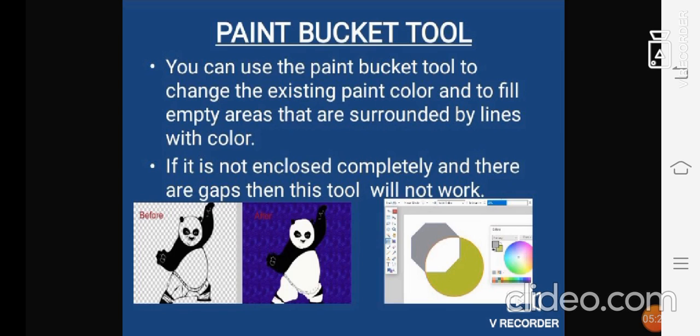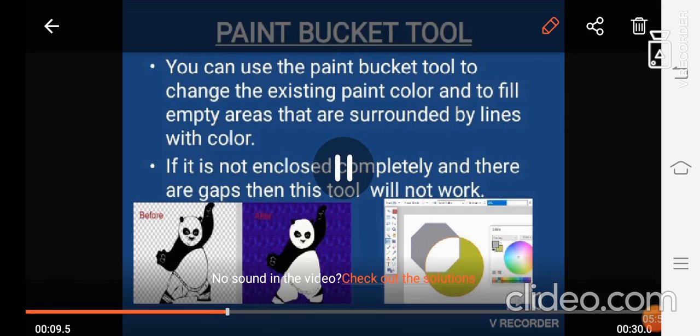If it is not enclosed completely and there are gaps, then this tool will not work. You can see in the picture how it looked before and how it looks after you color. You can see the difference between these two.